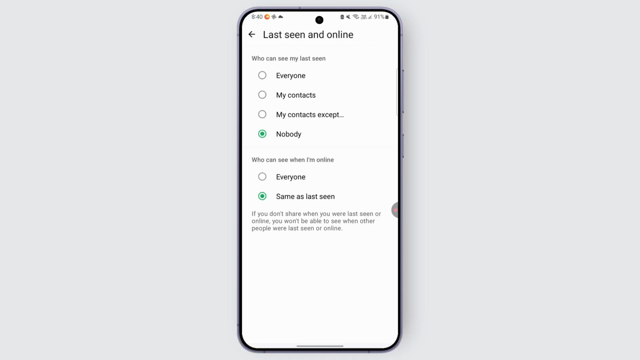So you can select the option for My Contacts, or the second option called My Contacts Except. Just go ahead and select it. And when you do,